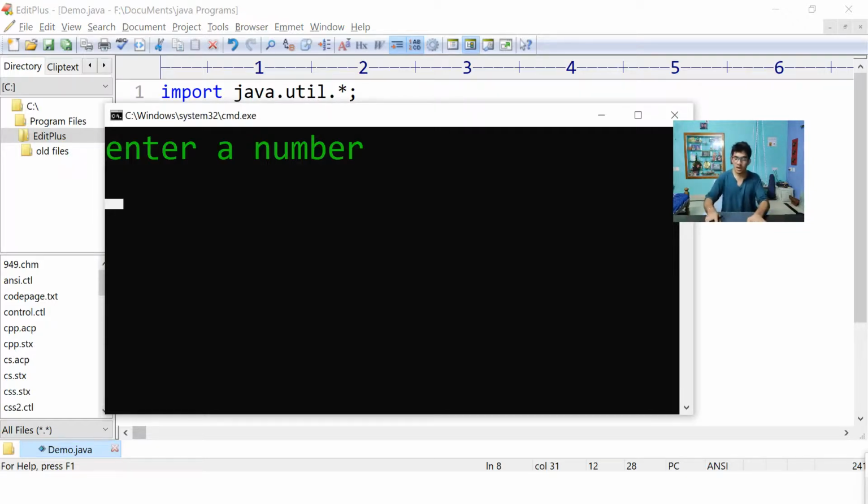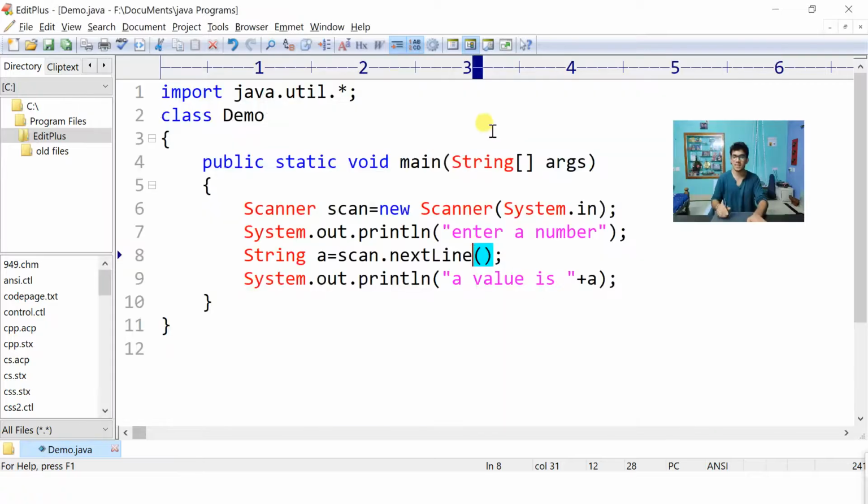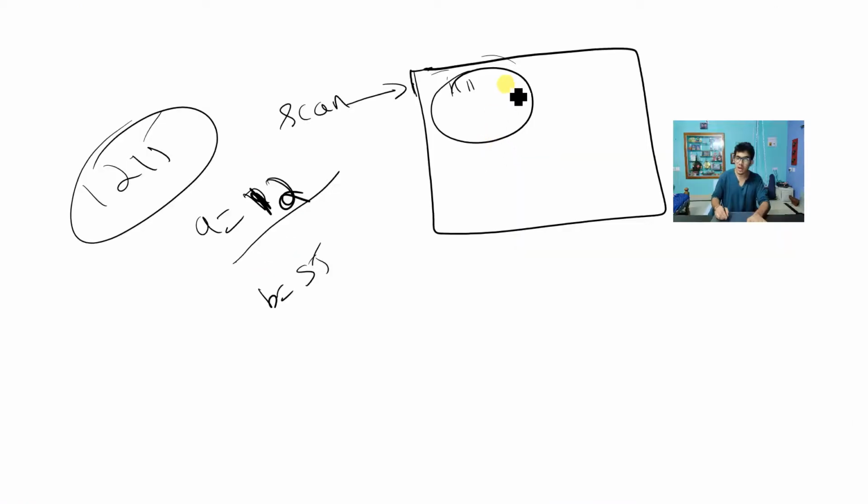Okay. Now what will happen? It will print a value, which is what? That is an empty string there. You are not able to see it, but it is actually one empty string. So what you have done is you have pressed the enter button. Whenever you press the enter button, it will check, hey, before this enter button, which string is there. Yes, there is a string called an empty string. It will print that empty string.